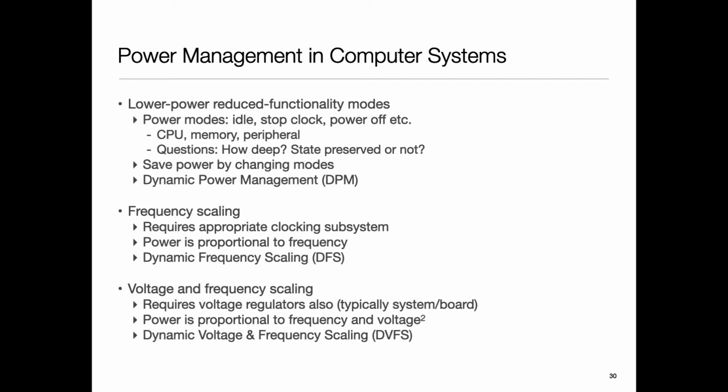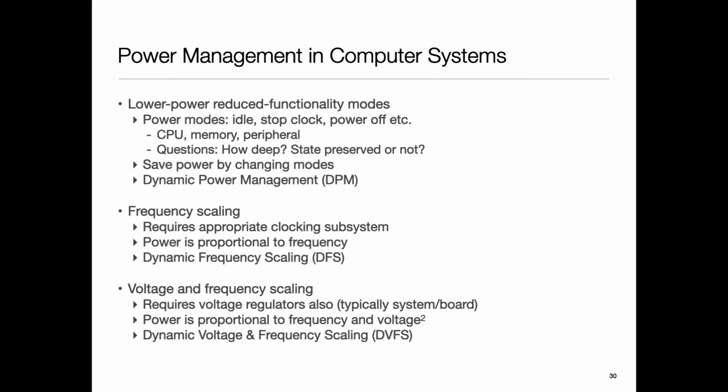But since I slowed down the clock, I actually have more time. So maybe I can operate the circuit in a more efficient mode. And that's the idea behind dynamic voltage frequency scaling. If you go back to your digital logic, the speed of a digital circuit is decided by the critical path. Input to output, you take the longest path, and whatever that delay is decides the clock. But that is decided by the speed of the gates. The speed of the gates depends on the voltage.